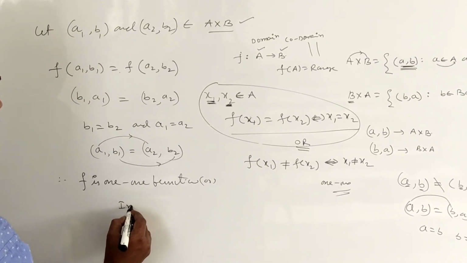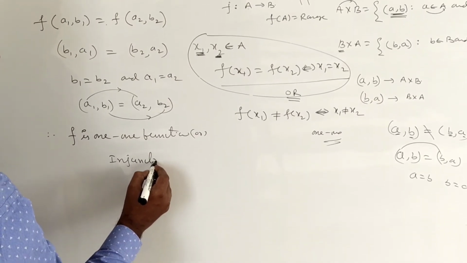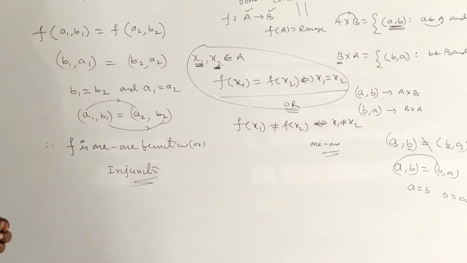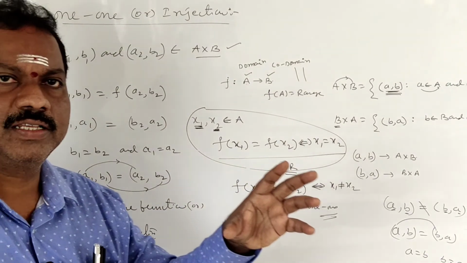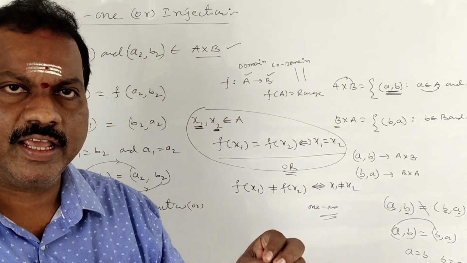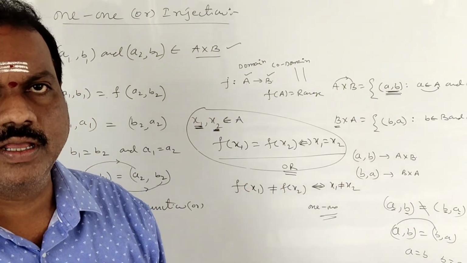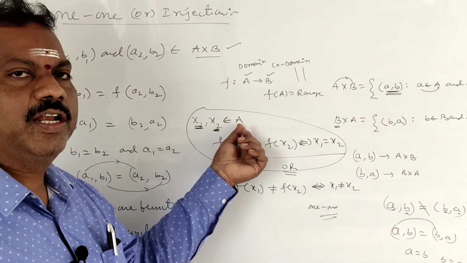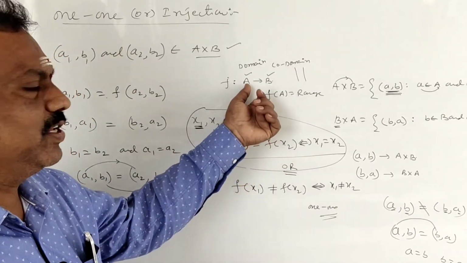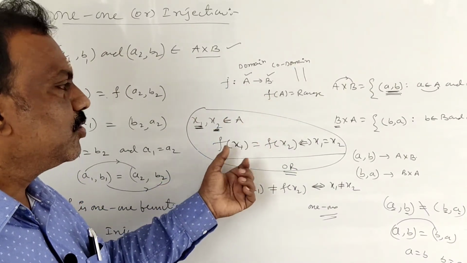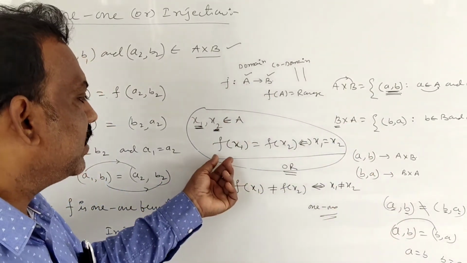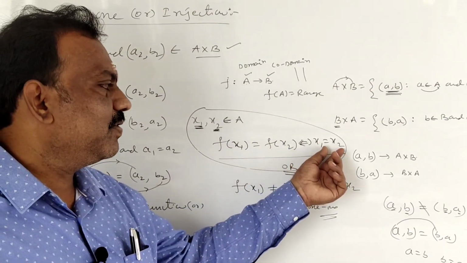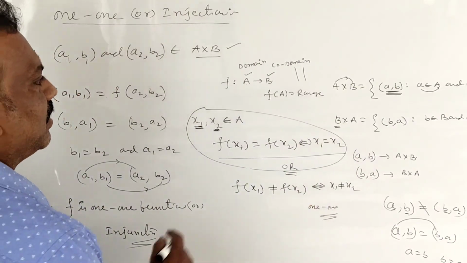Correct, students? Be careful. Once again I'll repeat it. So generally you are going to prove a 1-1 function: different inputs, different outputs. Or the mathematical definition: if you pick two elements in the input, meaning the domain A, the first set, you should get different outputs. They have to satisfy f of x1 is equal to f of x2. If you take that, you should get x1 is equal to x2. This is the actual procedure.